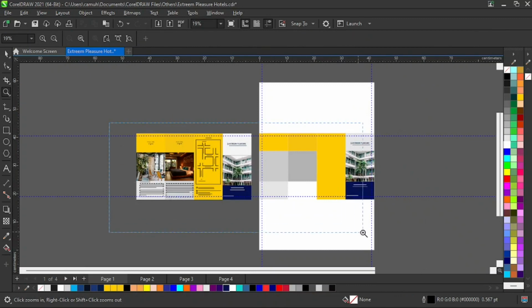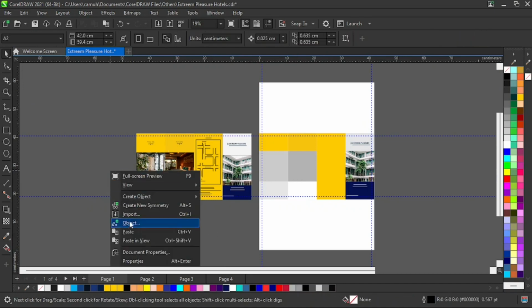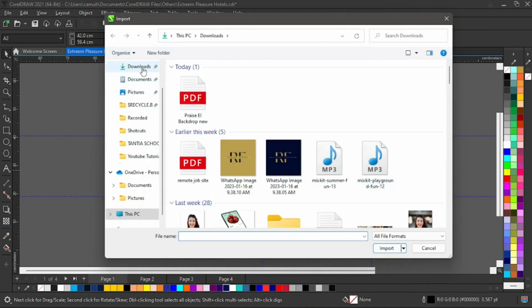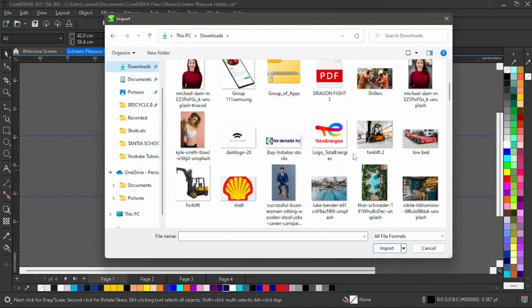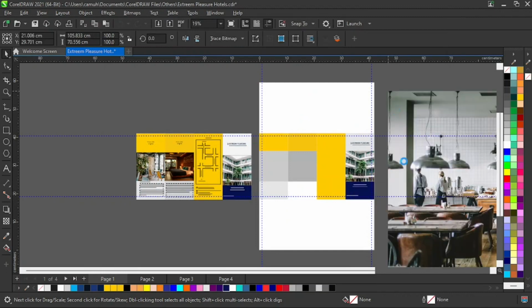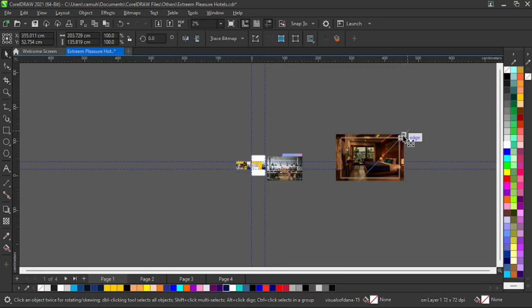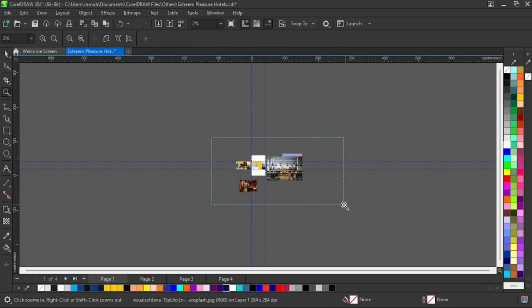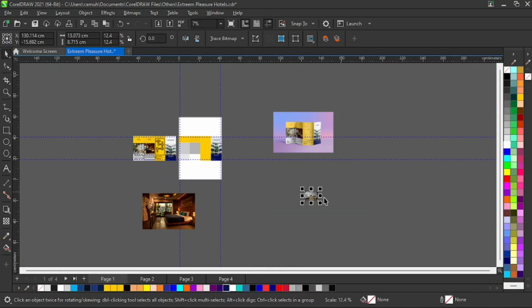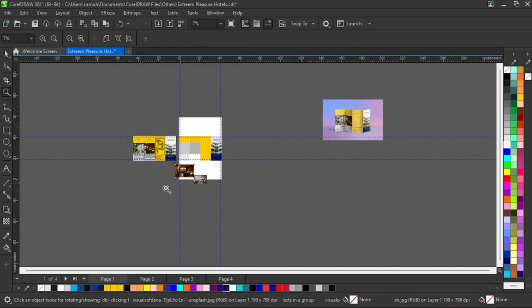next I want to bring in these pictures that I had here, and I'll move them inside. So let's right click and I'll go to import, downloads where the pictures are, and I'll just look for the pictures. I think I use this picture, and I'm going to hold my control and I'll select this picture as well. And here we go. Just drop both pictures. I got all the pictures from Unsplash.com. Reduce this, move that here, zoom in a little more, reduce this. And I'm going to put this by the side, reduce this even more, and I'm just going to power clip